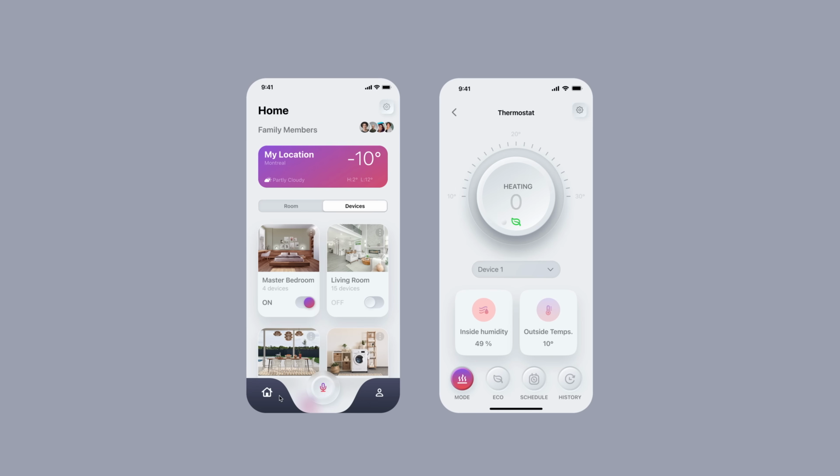Then we will create this custom tab bar, this amazing button here. The second page, we will build this thermostat device. We're going to use Ellipse and Arc to create this progress bar. And we will use a stroke dash to create those lines. We will create also this button drop down and this sample card with icon. We will also create this beautiful button when it's inactive